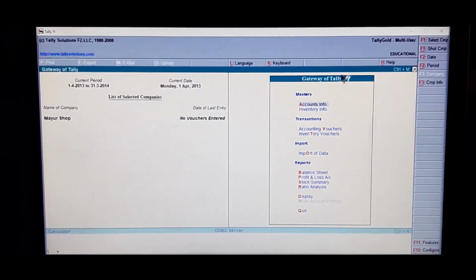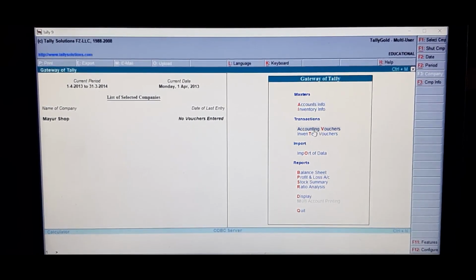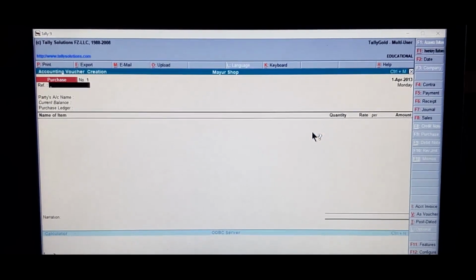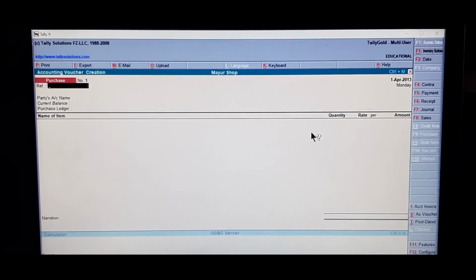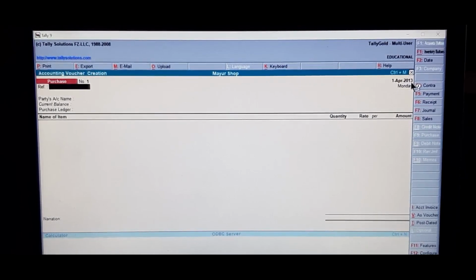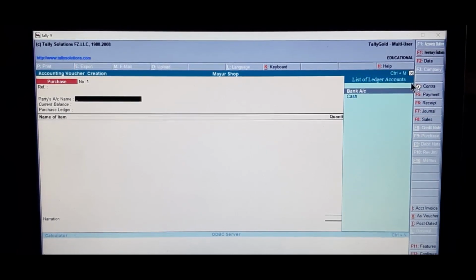We will be back with Tally. From Gateway of Tally, transactions, accounting vouchers, and this transaction has to be recorded under the purchase voucher, 1st of April 2013. Party's account name has to be created here.